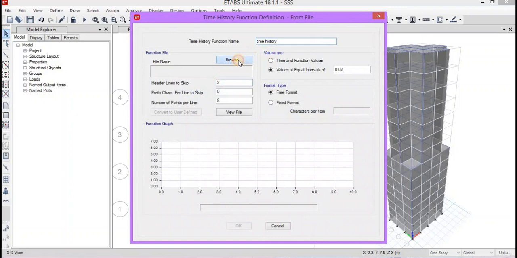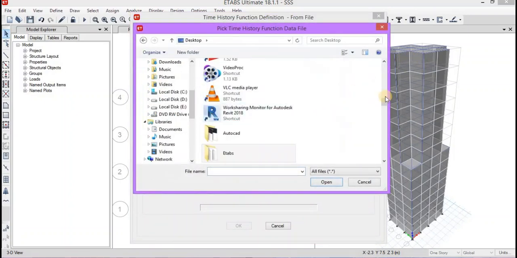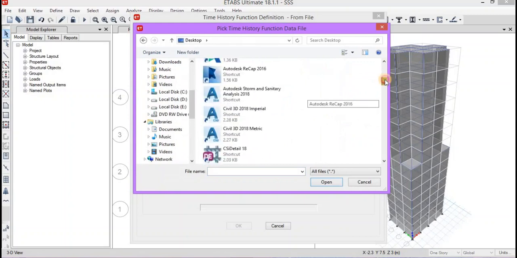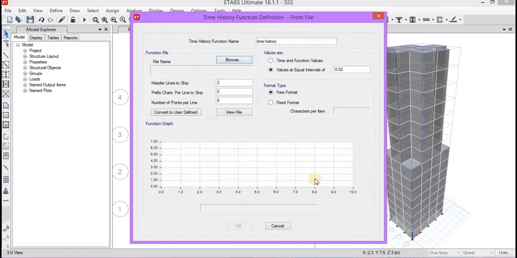And we'll browse the file. So desktop, and I have kept the file related to data of Bhuj earthquake. Here, there you go, here it is. So open.